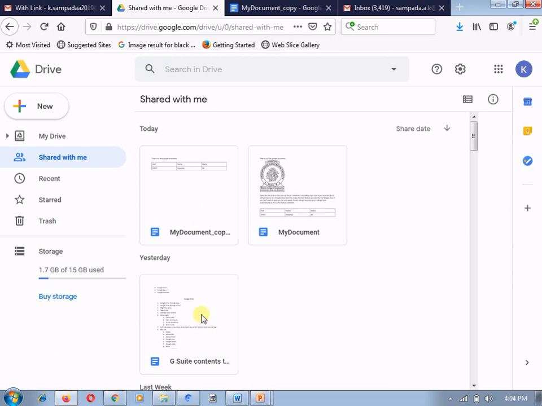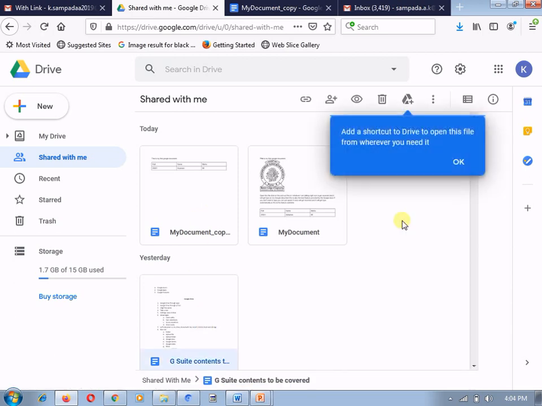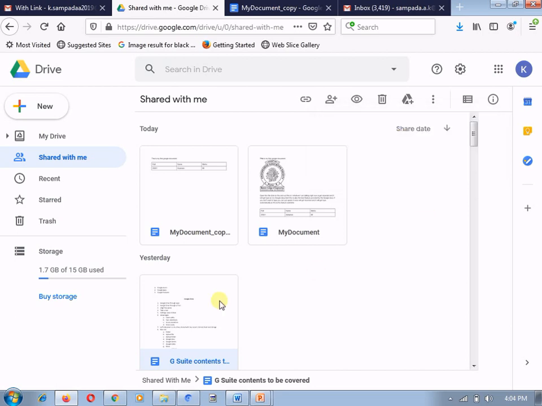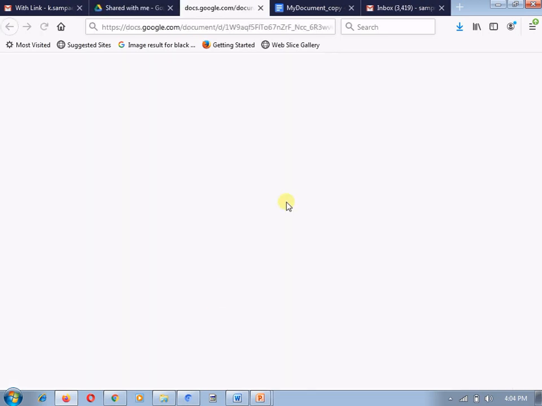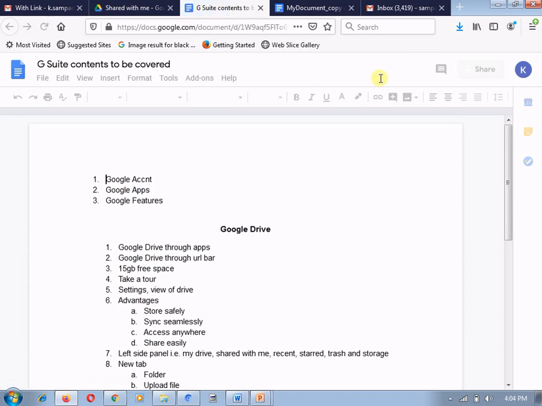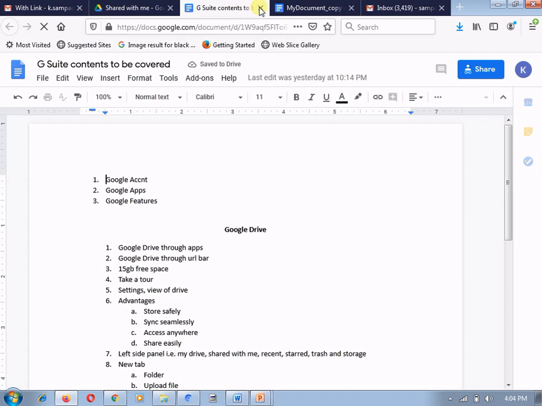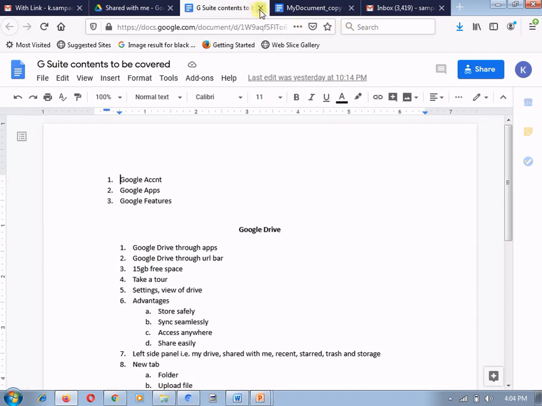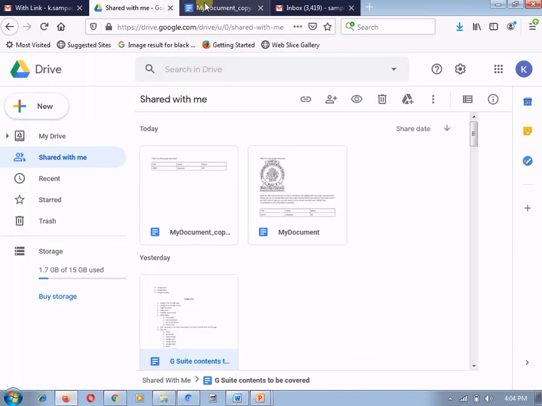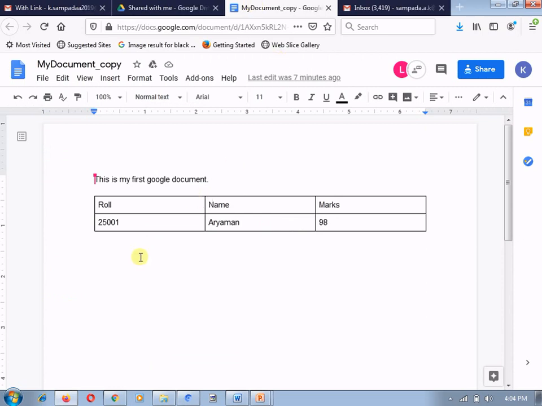Now for example, if I am sharing this particular document with Little Master, because Little Master is not able to see the document which is not available in the shared option, or which is not owned by me. To show that option, I am just giving you the example, that is, I can share this document with the person. So now I am opening the same document again.